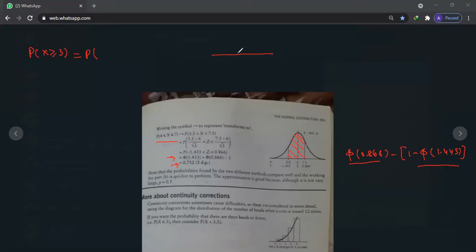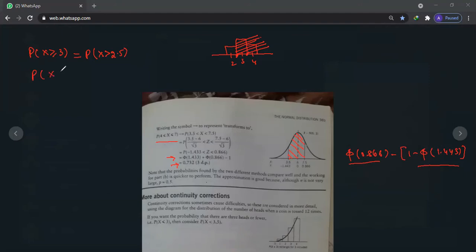We will always draw three rectangles. The middle one is 3, this one is 4, and this one is 2. Now this is x greater than or equal to 3. These rectangles are included. Now we will write 2.5 or 3.5. Shayan, is x greater than 2.5 or 3.5? X is greater than 2.5. Very good. Samir, any confusion?